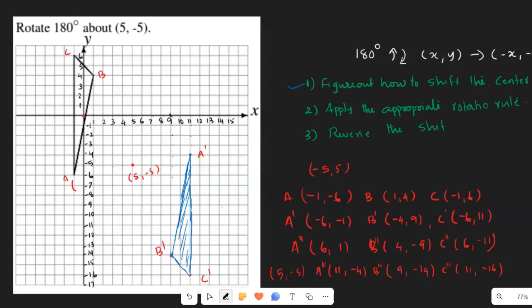That is the rotation about a point which is other than the